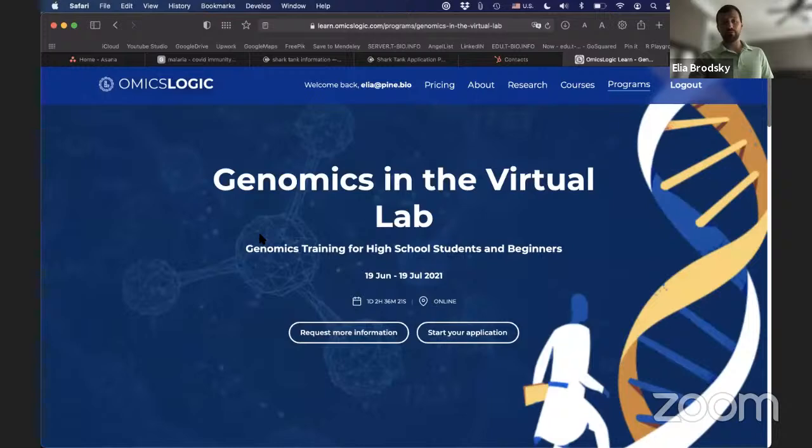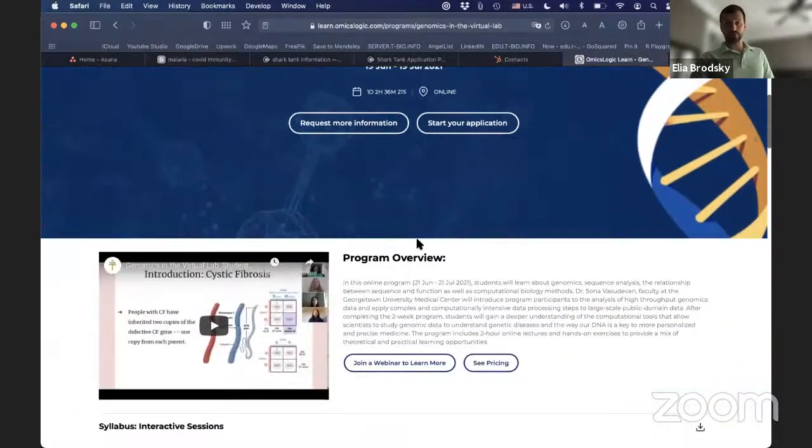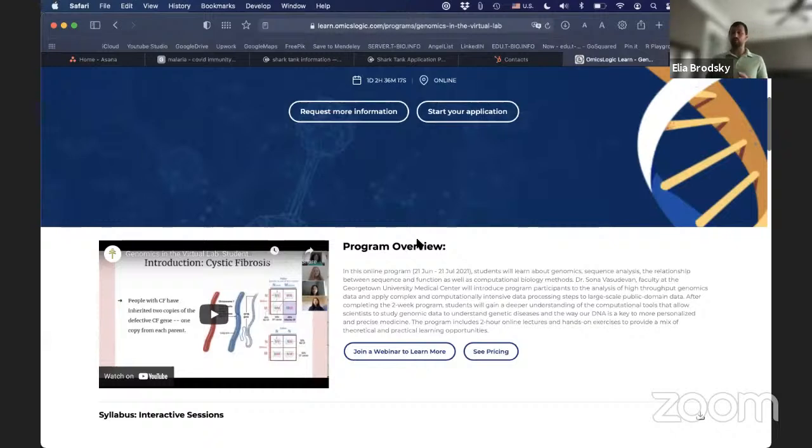And in this program, this is going to be a special opportunity because it is going to be guided by someone who has years of experience working in application of bioinformatics to biomedicine, but also a program director that is very passionate about education. And so instead of teaching her master's degree program over the summer, she's actually going to be spending her time working with students and beginners to give them the opportunity to appreciate bioinformatics and genomics in the context of biomedical research. So I think this is a very exciting opportunity.